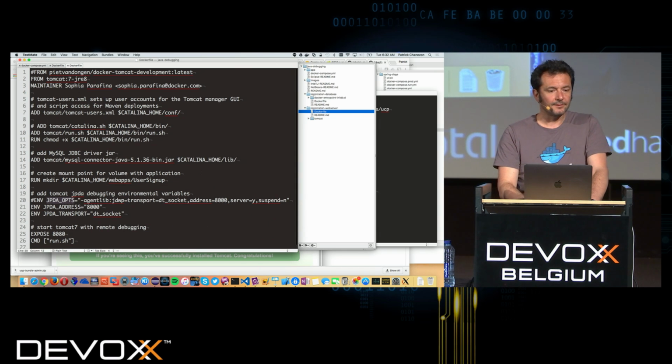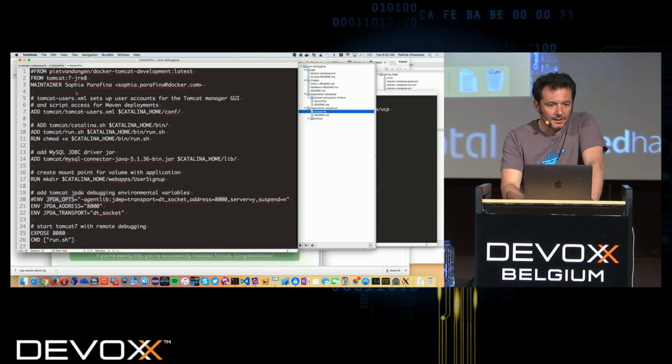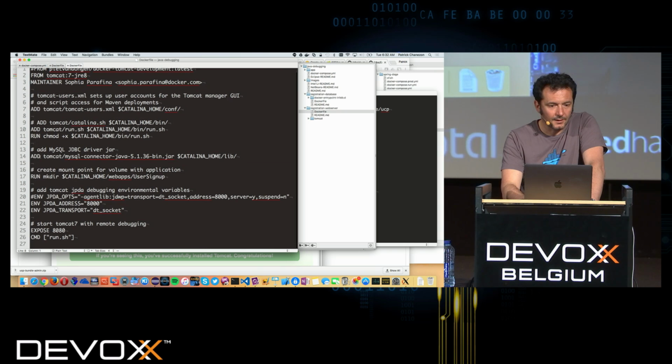The Dockerfile for this is Tomcat 7 on JRE 8. It's creating Tomcat users, but it's adding the SQL connector to it for that application. And then it's creating a folder, user signups.